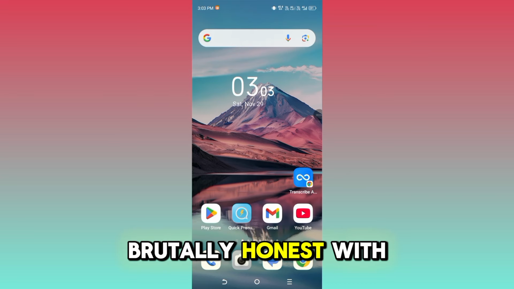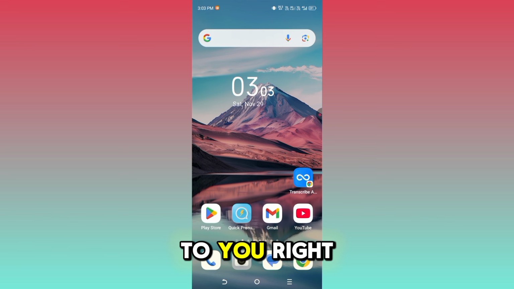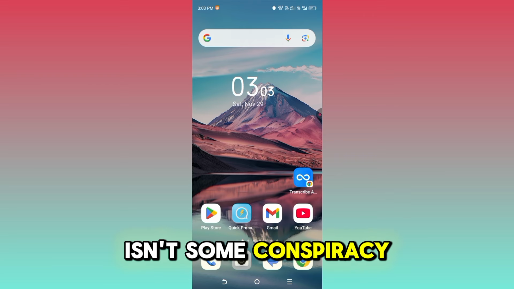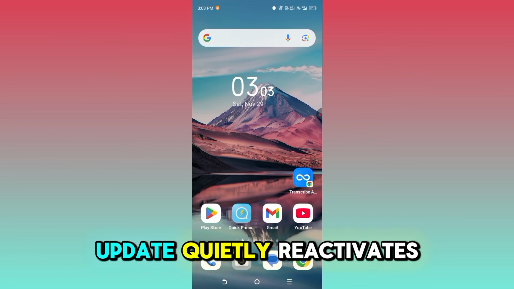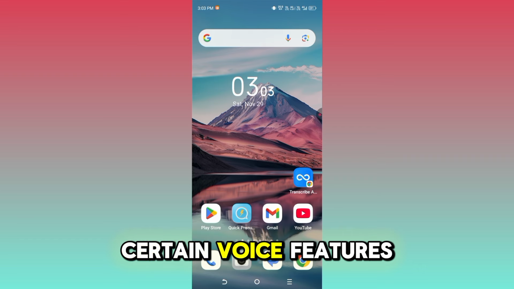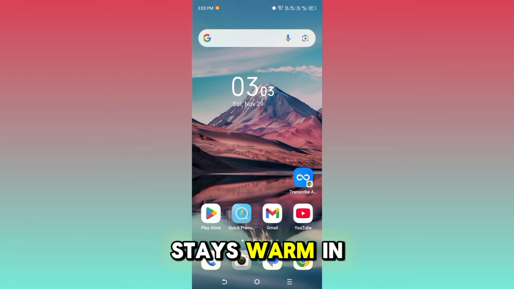Let me be brutally honest with you. Your Android phone might be listening to you right now. And no, this isn't some conspiracy theory. Every major Android update quietly reactivates certain voice features, and your microphone stays warm in the background, waiting for the